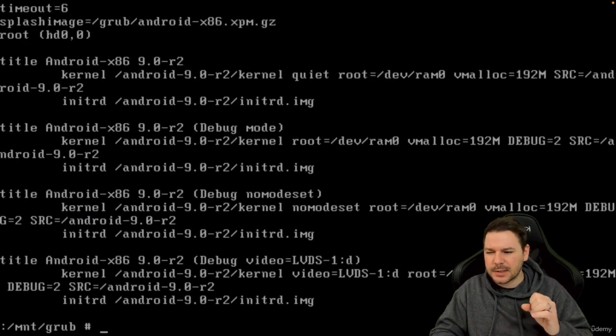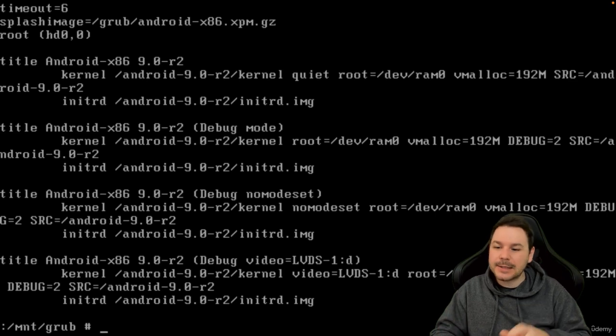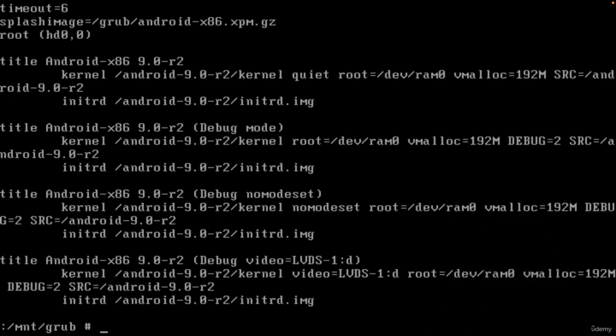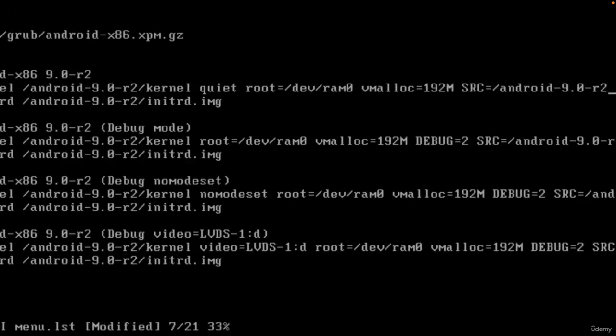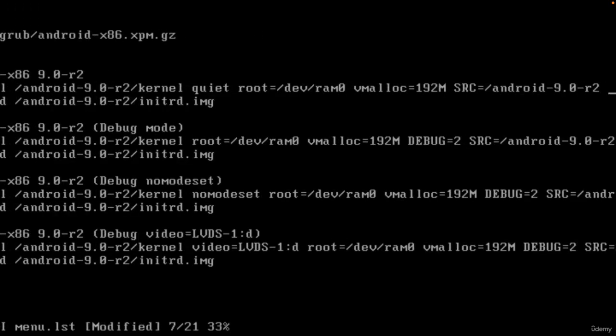And to be honest, it's getting a little bit dirty because we do not have nice graphic editors on the system right now. But we can do this with VI, and I will guide you through this. So we are opening this file right now with VI. So VI menu list. Okay, and then we need to go into the first entry, and we need to scroll down to the end of the line. So now we need to go to the end of the line, okay, and then space,